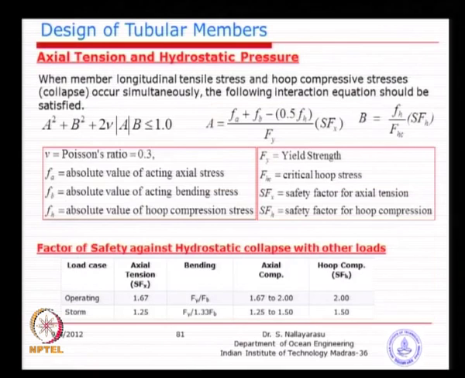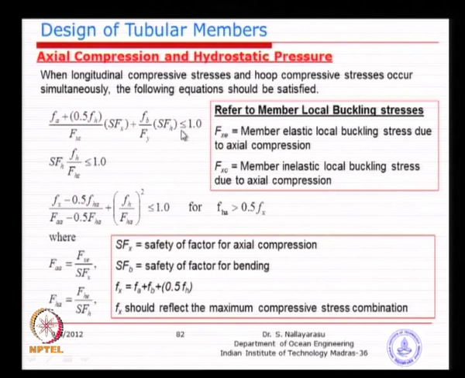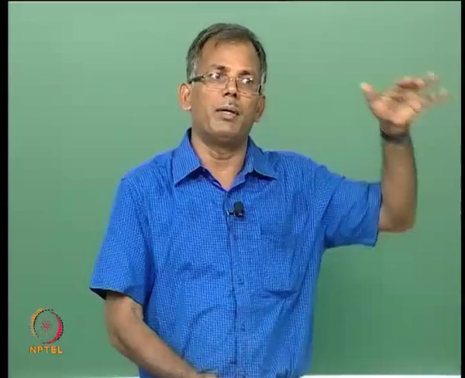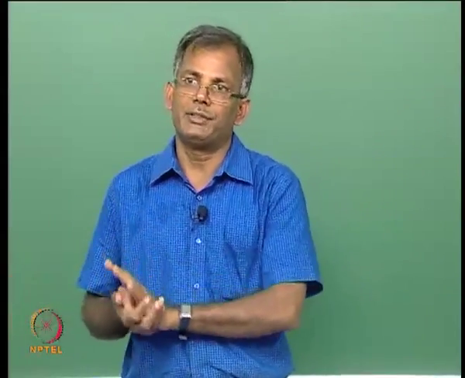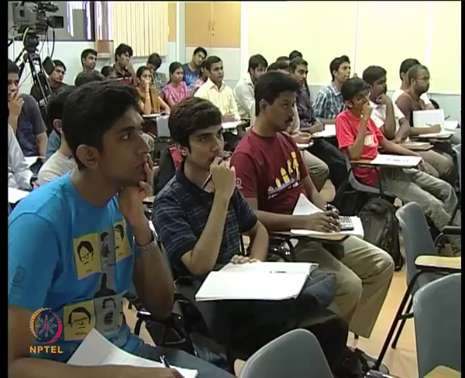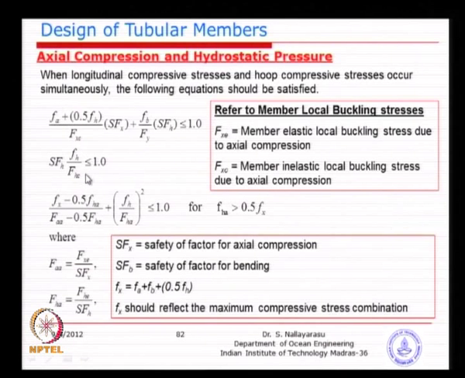And that is for tension. Then for axial compression, the formula is slightly modified. Here you see Fa plus half the hydrostatic pressure divided by Fxc, which we just calculated in the earlier stage; this is member buckling. You should remember the difference between the 4 parameters we also discussed yesterday: Fxc and Fxe correspond to member buckling due to axial load, while Fhc and Fhe are the hoop buckling due to hydrostatic pressure. You should not get confused. Sometimes there is confusion about why this is coming here, because here the axial compression is going to create a problem for the axial load.